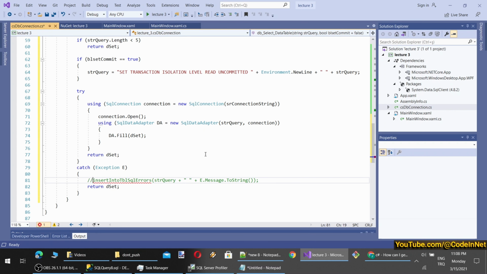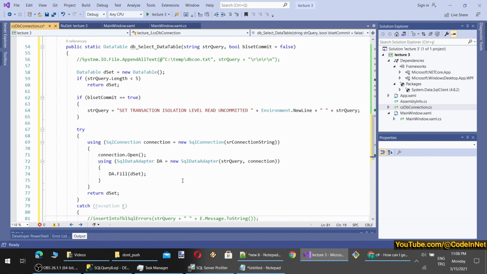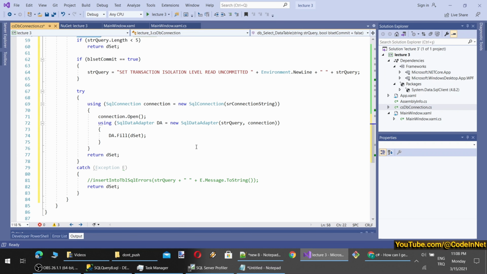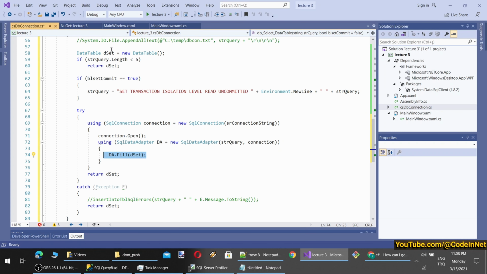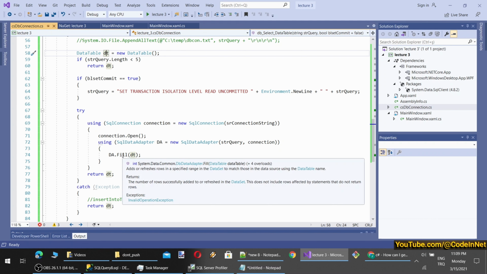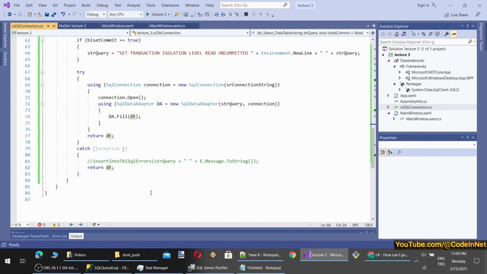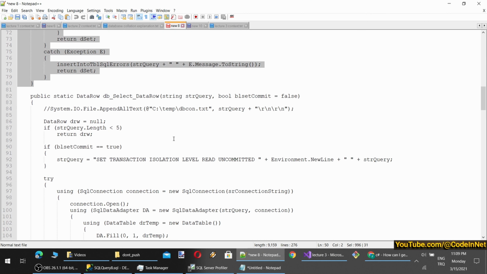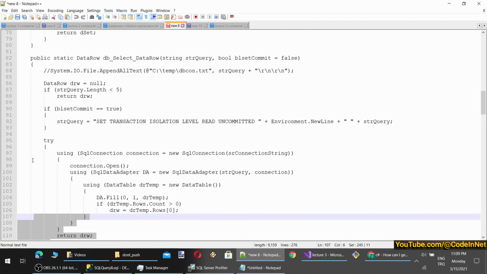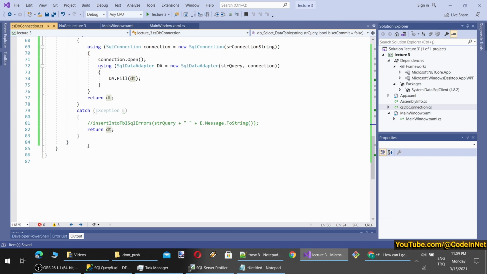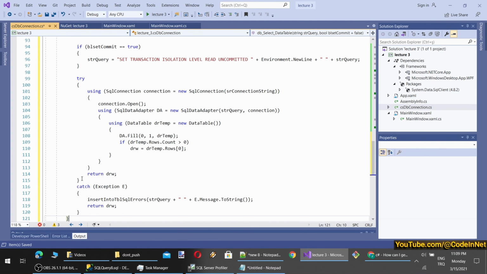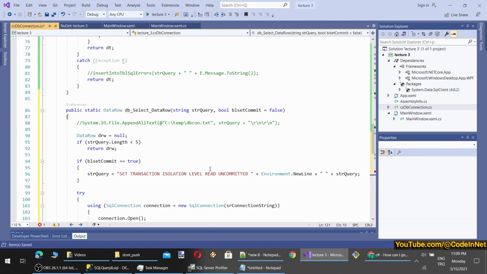I will also comment this out. So what is the different thing that is made here? You see, we are returning a data table, not a data set. The difference is we are using fill with a data table instead of a data set. That's just that, nothing else. It automatically handles and fills with a data table instead of a data set. What else can we do? We can also return a data row. If we know that our method will return only a single-row result, we can use a data row, which is an efficient way of returning.